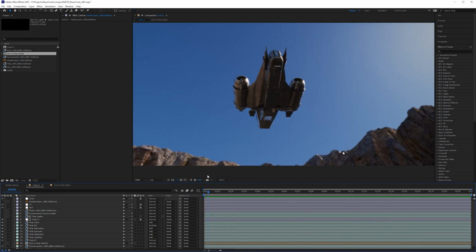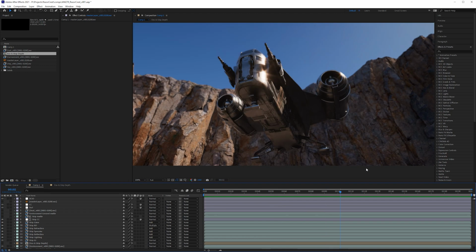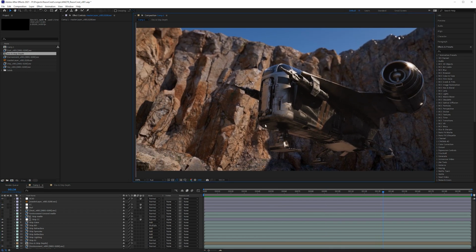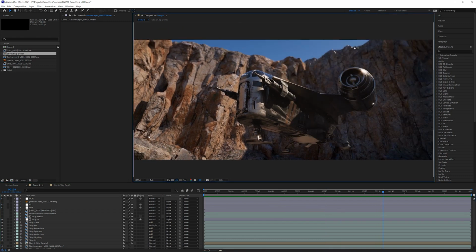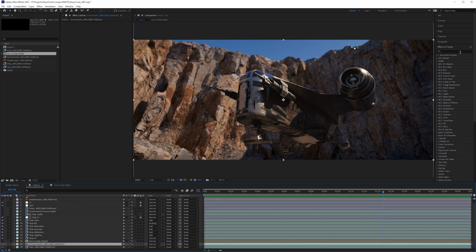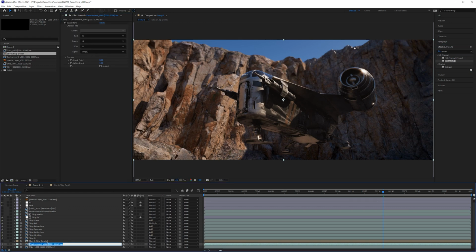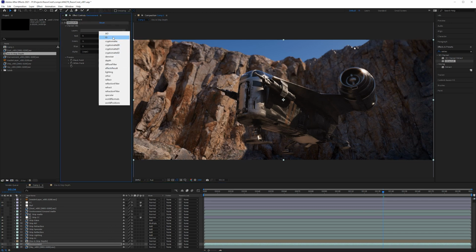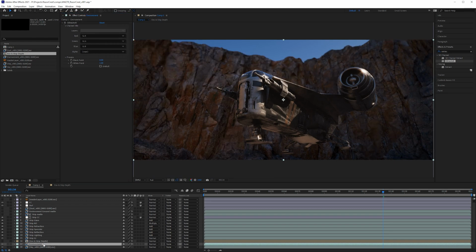Okay, so this looks pretty good, but what we need to do now is separate out the cliffs, or basically our environment, into all of the different passes. There's no quick way to do this. We just gotta use Extractor to do the same thing that we did before, and just make sure our environment is separated. So I'm gonna fast forward through this part because we've done this now several times, but you just wanna make sure that you start off with the environment GI, and then you work your way up.